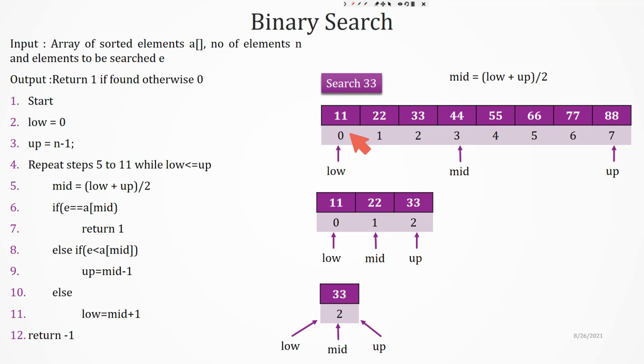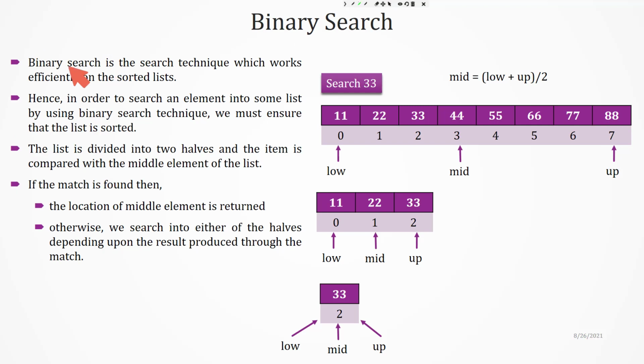In linear search, or sequential search, we compare the element to be searched with each and every element, and if a match is found, we say the element is found. If we don't find a match from the first element to the last element, then we say it is an unsuccessful search. So listen carefully.